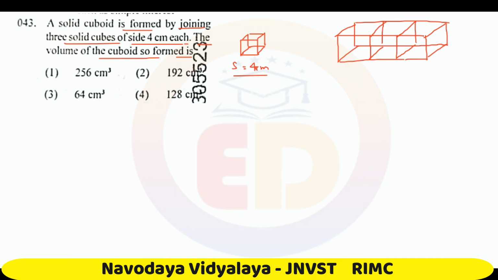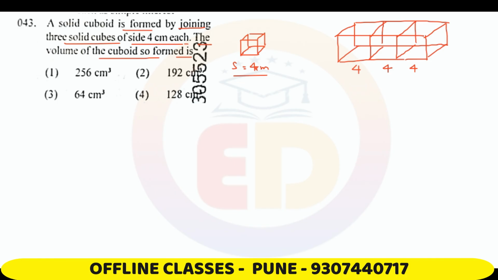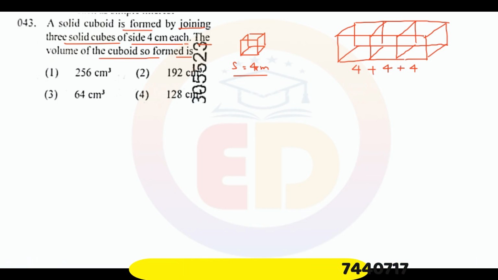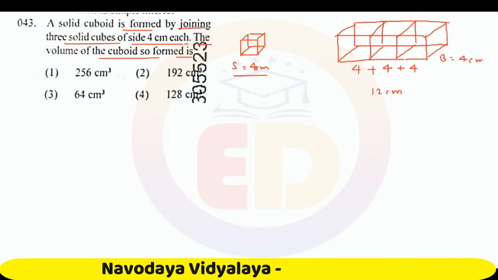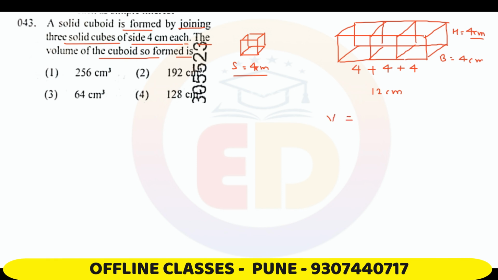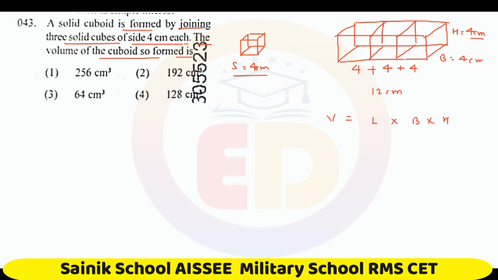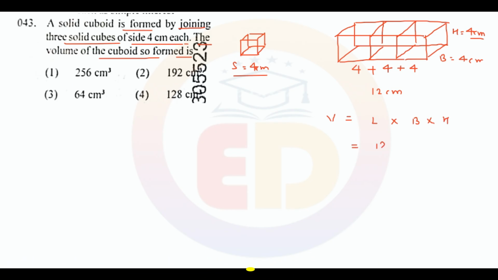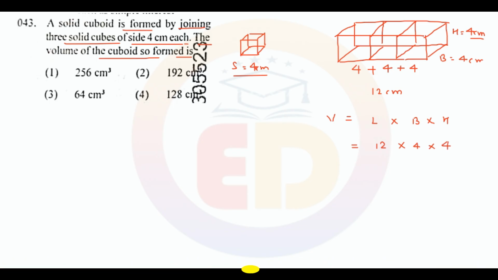Now remember, when it is a cuboid, the length of the cuboid will be 4 plus 4 plus 4, 12 centimeter. The breadth will remain the same, 4 centimeter, and the height will also remain the same, 4 centimeter. You have to find the volume of the cuboid. Volume of cuboid is length into breadth into height, which is 12 into 4 into 4. Answer is 192